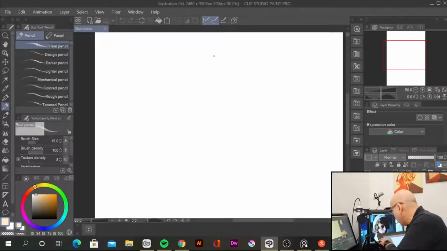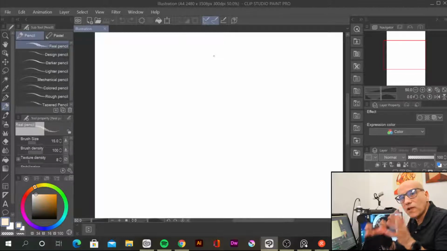This is called the Express Keys. You can use Express Keys in many programs. It turns out that Photoshop and Clip Studio Paint have pretty much the same kind of Express Keys. They have the same keys on the keyboard, so you can do the brushes, zoom in, zoom out, pretty easily in them because they share this compatibility.